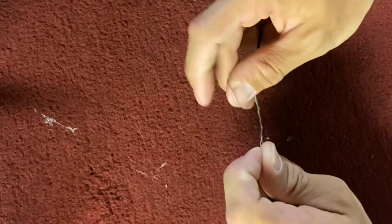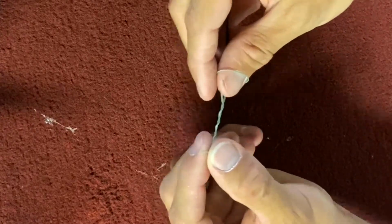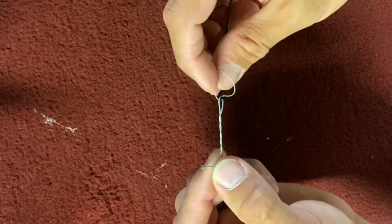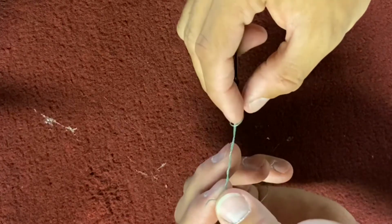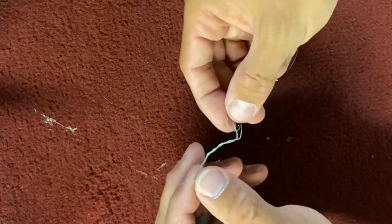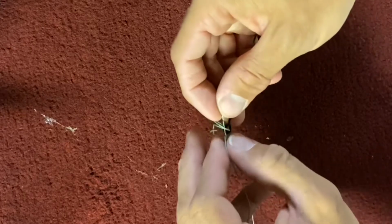Okay, so I maintain that loop, take my tag end, and what I want to do is pull on that main line a little bit. And you see how it creates a space right there between the eye of the hook and the twisted area. I'm going to double my loop, and then I'm going to pass the tag end through both of those, just like so. And then I'm going to moisten with saliva,